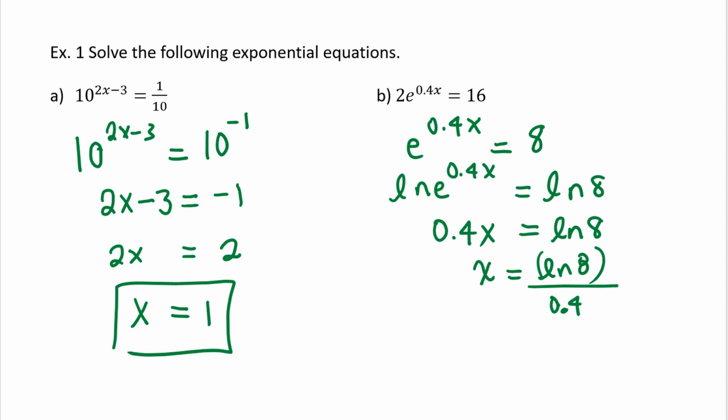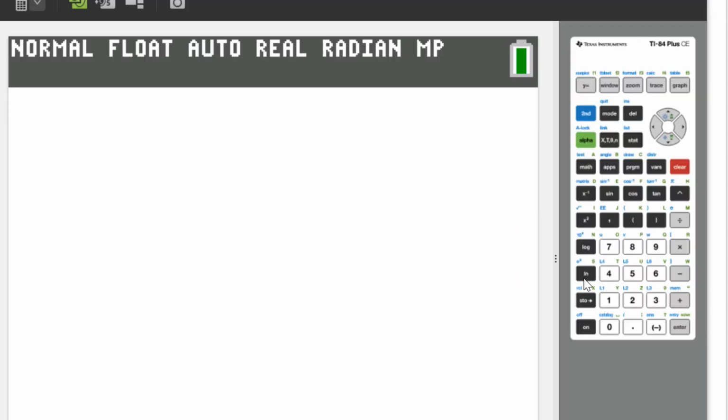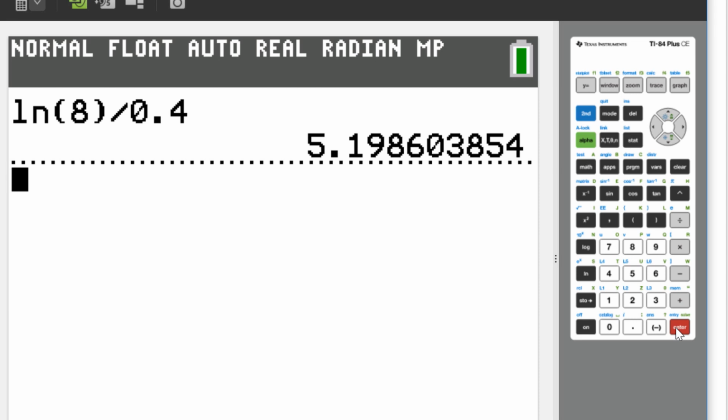Now, if you want a decimal approximation, then you'll need to use your calculator. This is the screen of a TI-84 CE calculator. To compute the ln of 8 divided by 0.4, find the ln button on your calculator. It lights up as red. Then 8, and close the parenthesis. Now we want to divide the entire expression by our divisor, which was 0.4. Then the output you get is